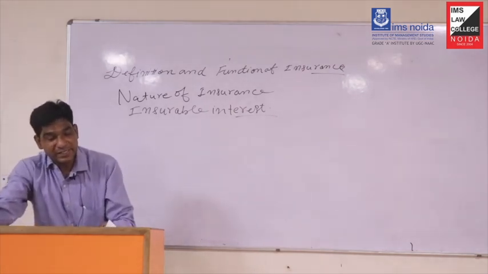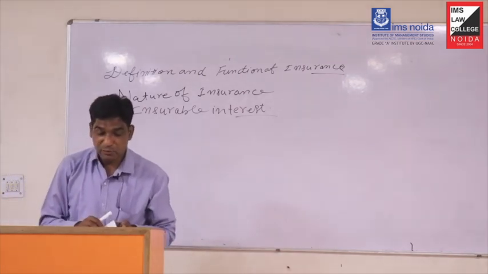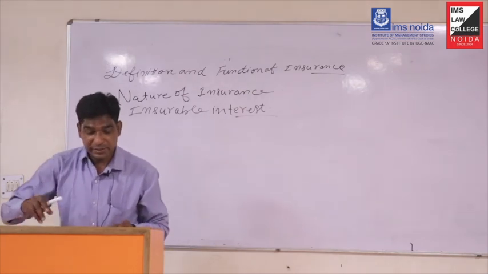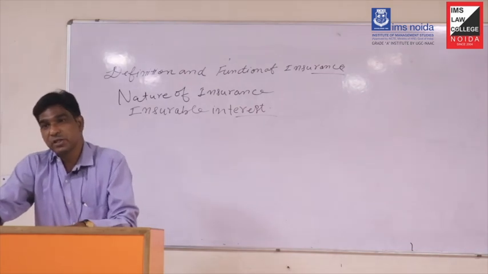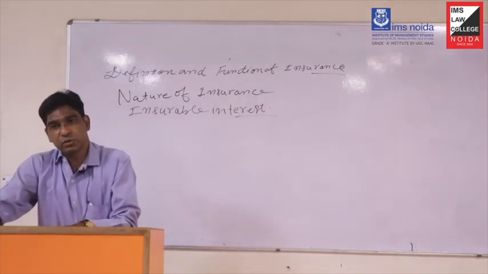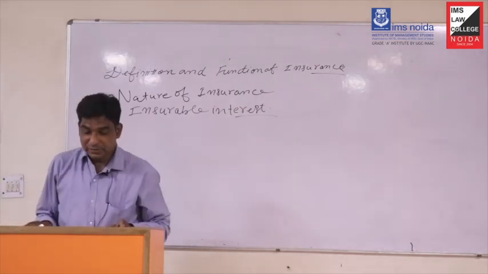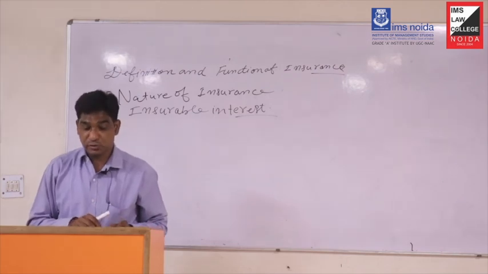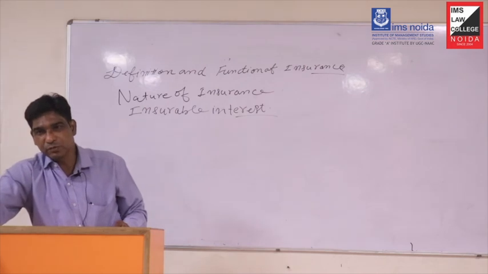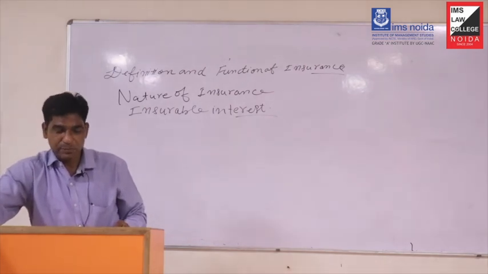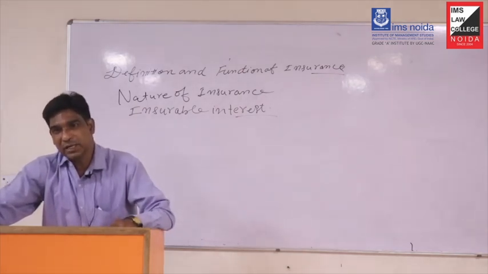Now we shall discuss the different ingredients which are necessary for insurance. The first ingredient of insurance is that there should be some risk which is to be covered by the insurance company, and second, there should be a time of loss for the operation of the policy. If the event happens out of time or beyond the operation of the policy, then no amount will be paid to the insured.